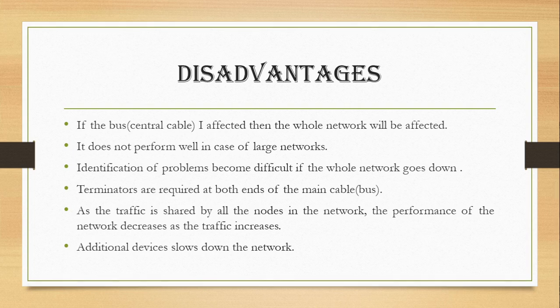So in conclusion, bus topology is the simplest of the network topologies because it only needs cables and connectors, the central cable that serves as the backbone, and all the nodes, all the devices are attached to that central cable. So if the cable is damaged, the whole network will shut down. But if some of the nodes are damaged, or even if there are faults in the nodes, it will not affect the overall working of your network. So bus topology is best and it outperforms in LANs only.